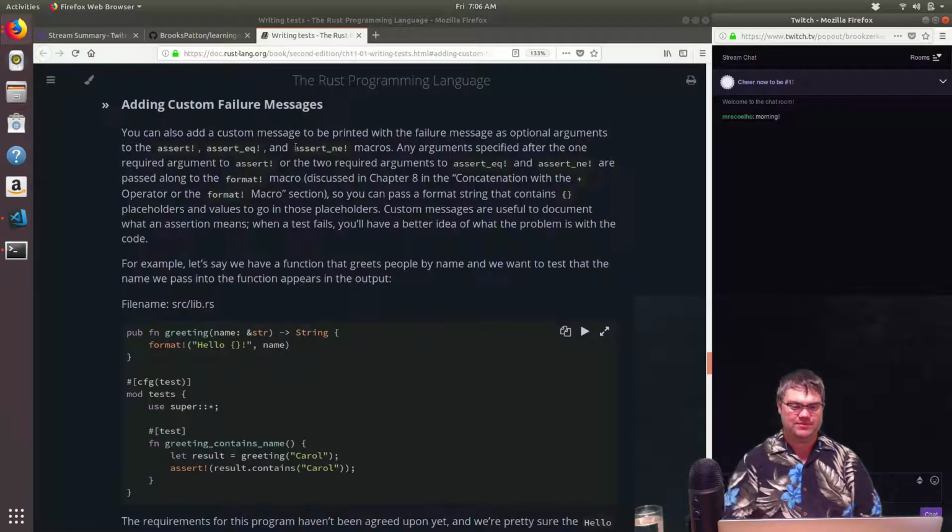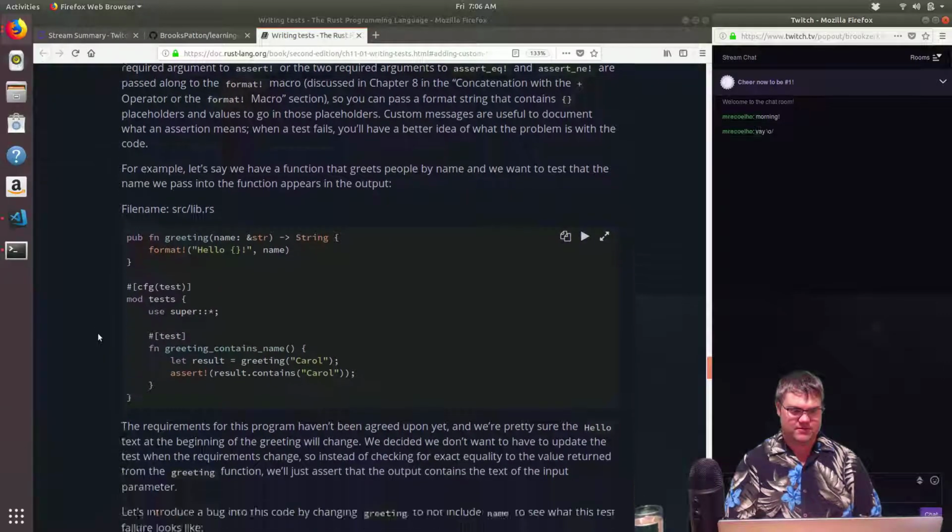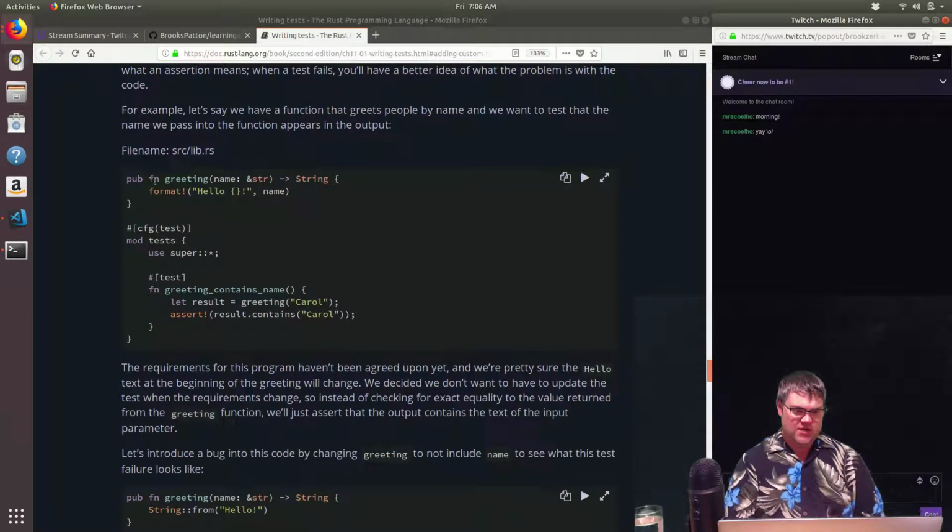Okay, so back to the text here. Let's see. They did the exact same thing with assert. I don't see them using